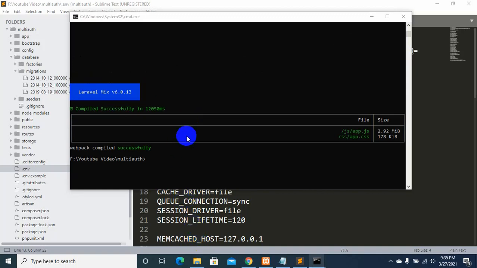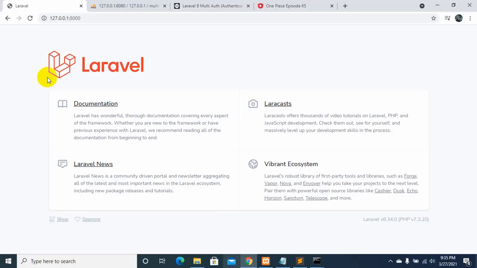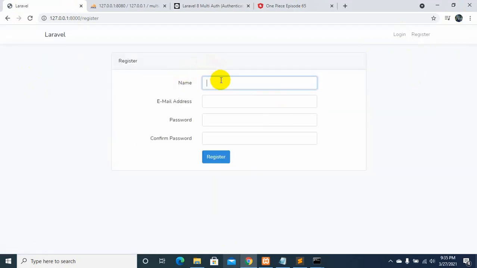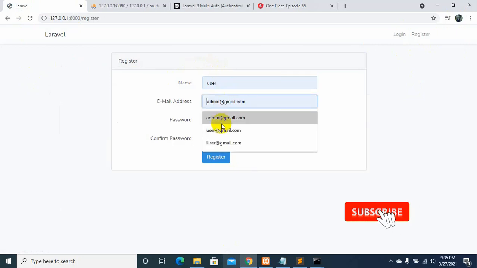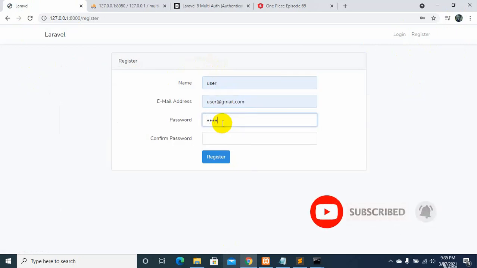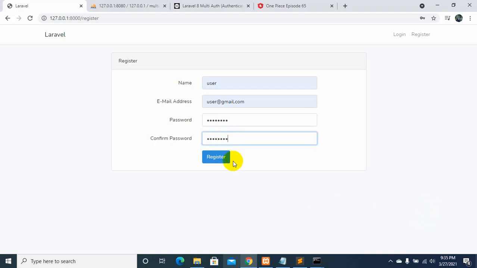So now let's go to our browser and let's refresh. Okay, right now we have a login and registration button over here. So now let's first create user over here. So let's say first one will be user, password 12345678. Okay, let's click register.